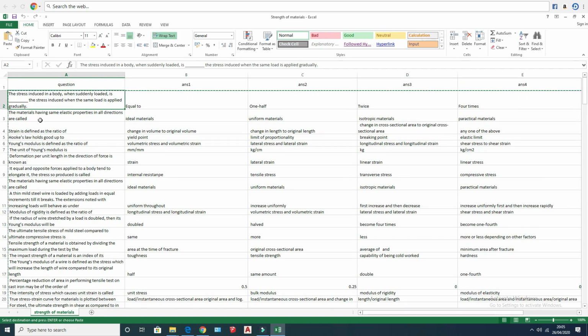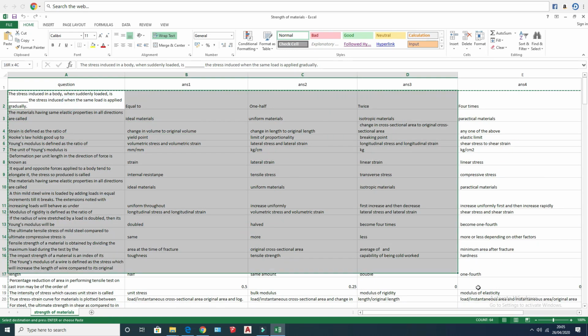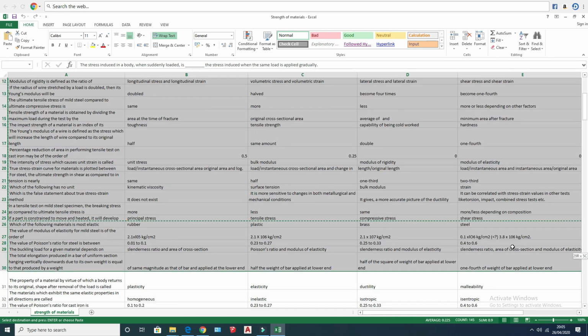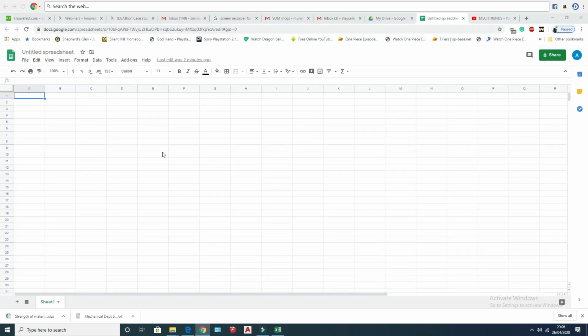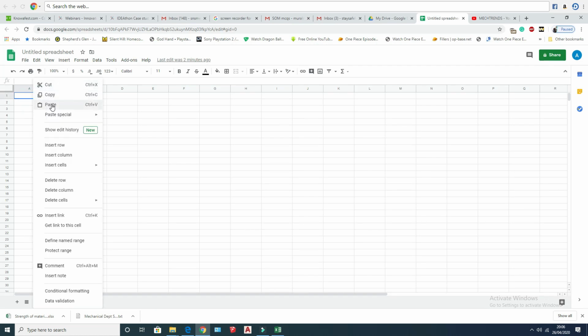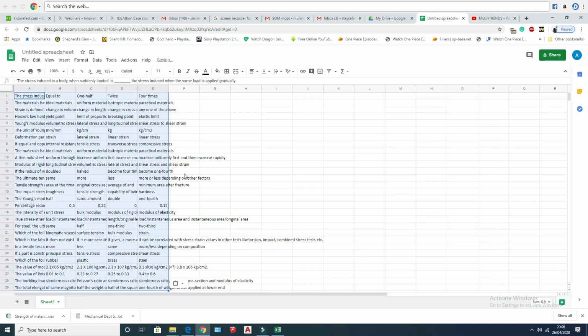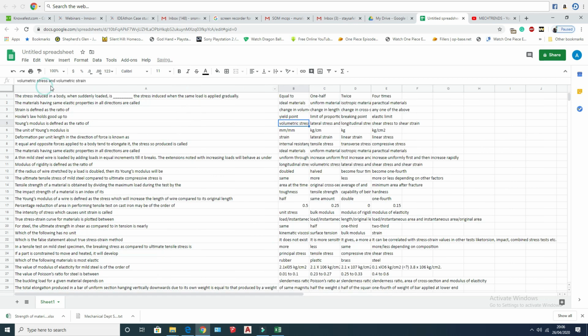Since it will take a long time for loading, I am just selecting a few of them. I'm copying and pasting them in the Google spreadsheet which I have created earlier. Here the A column represents the questions, and B, C, D and E represent the options for the question.